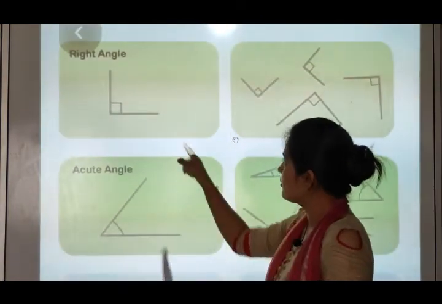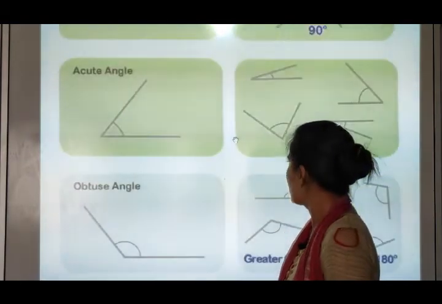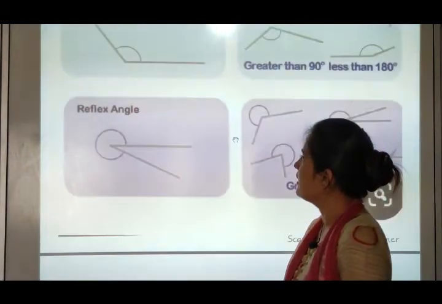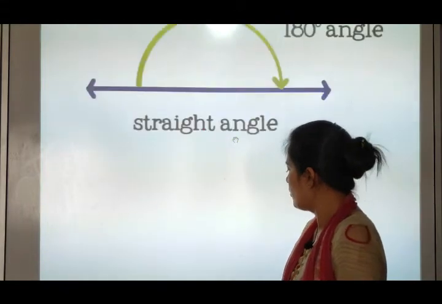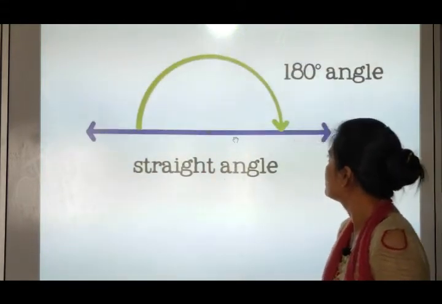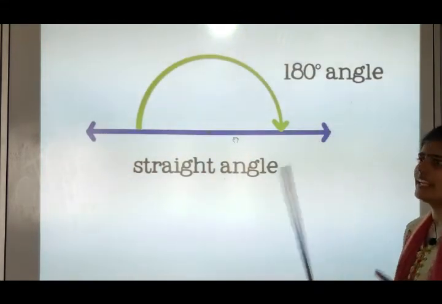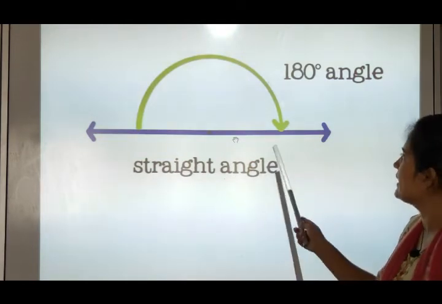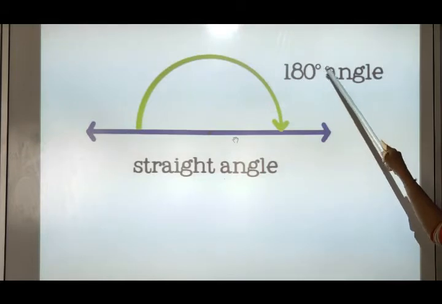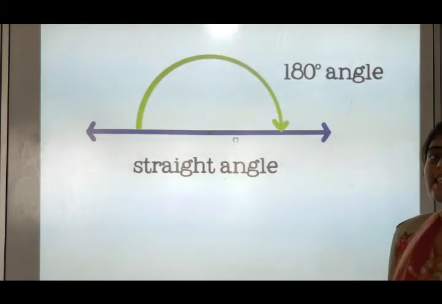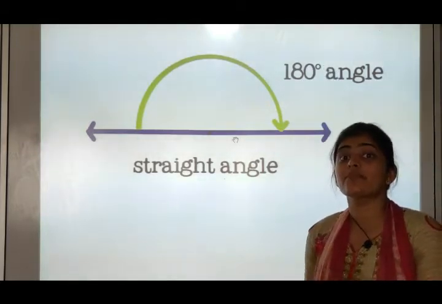Now we have learnt about right angles, acute angles, obtuse angles and reflex angles. Now about the straight angle. A straight angle means a straight line you can draw, and it has how many degrees? It has a 180 degree angle. Here you can see a small 0 over here, that is called degree. Degree is what? A measurement for